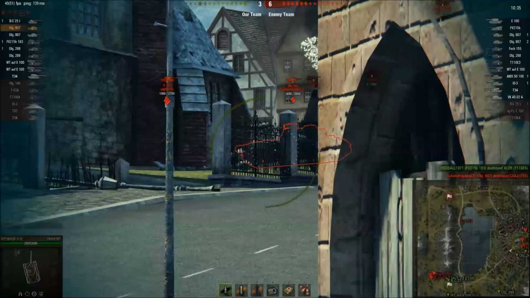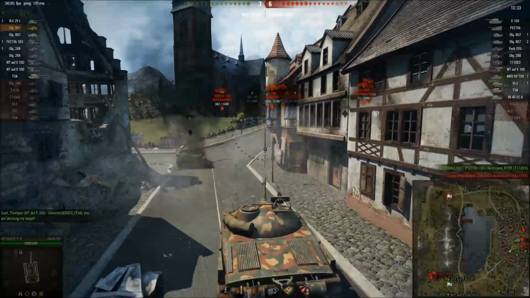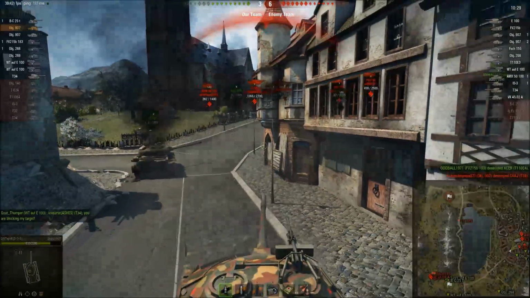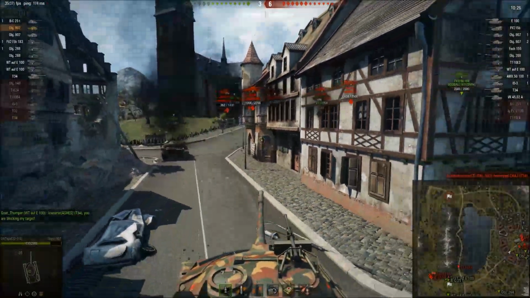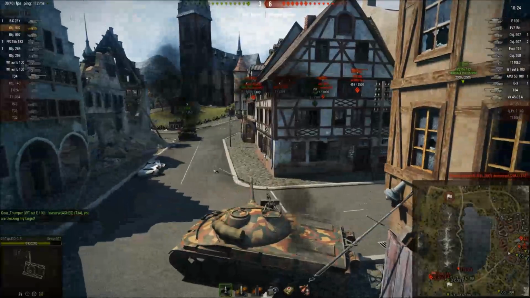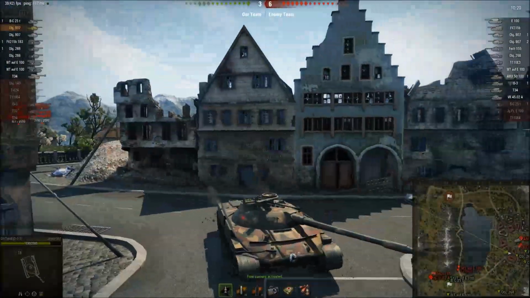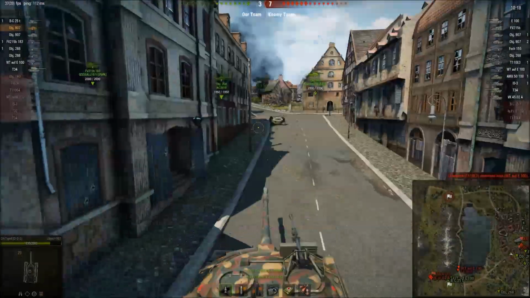So the DPM is working quite well here. This 907 needs to stop backing up because he's backing right up into Frank's line of fire. Bounces another shot from the 907. Let's see that one. Right off the... Well, that one looked like it penetrated the front, but...